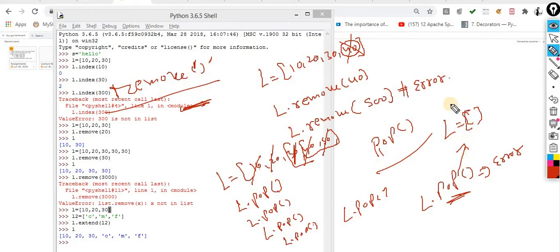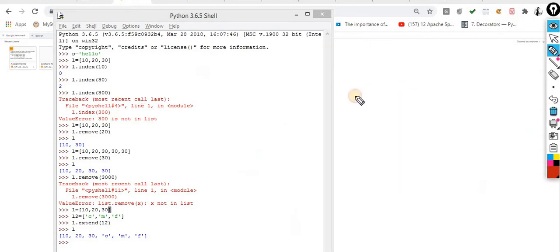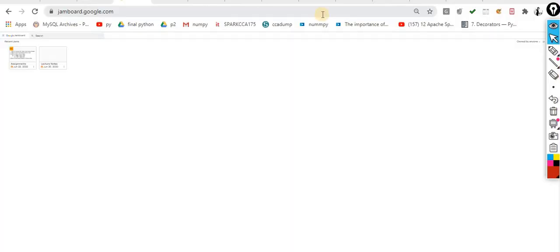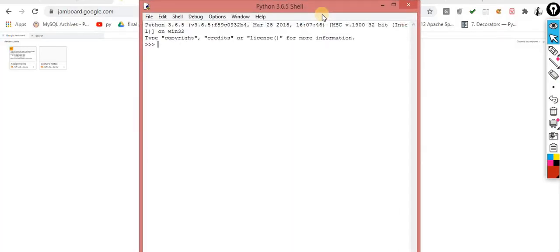There is an empty list and I try to remove the last item from the empty list. So it is not feasible. That's why in this situation you will get the error message. So let me show you this.